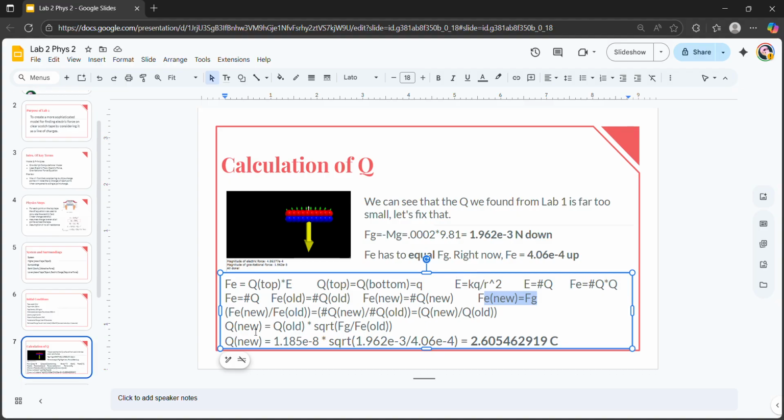So Fe new divided by Fe old is going to be equal to some constant times Q new squared over some constant times Q old squared, which is just going to be equal to Q new divided by Q old, all of that squared. Then we can rearrange our equation to find Q new equals Q old times the square root of Fg over Fe old. This is what we find. When we plug it in,